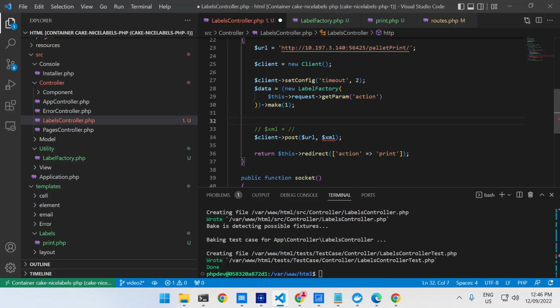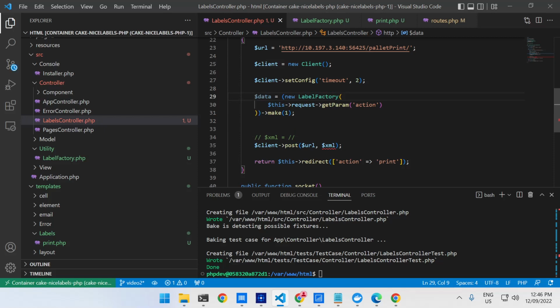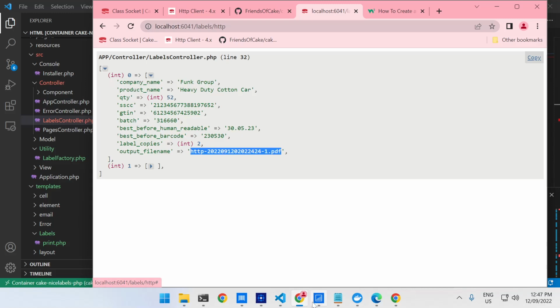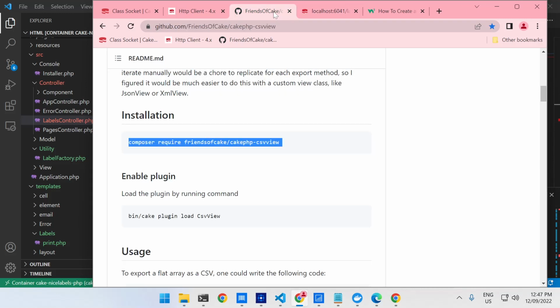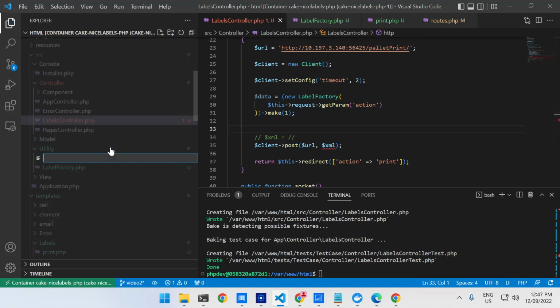And now we see that this post still needs to have this data in XML data. So how can we go from having an array of data, as we can see here, to XML? Well, that's where we can use, we're not going to use this one, but we're going to use an XML view class. So to do that, let's create another file in our utility classes called view creator,